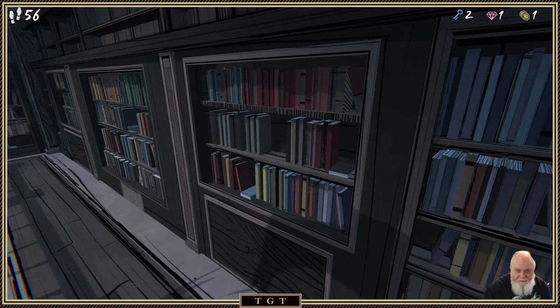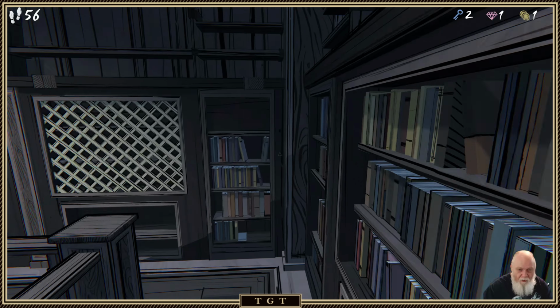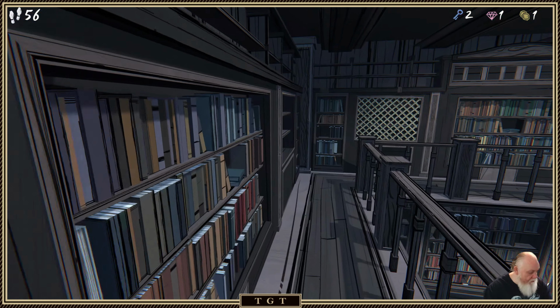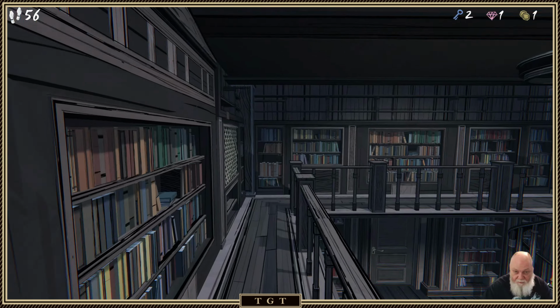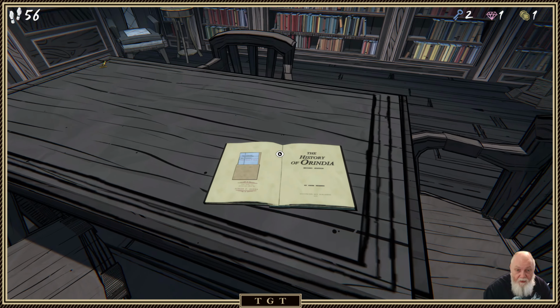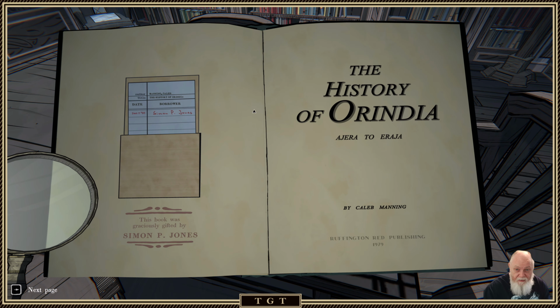Oh, sorry, I don't need to examine that. All I came up here to do was, again, make sure there's no extra key, extra gem, extra coins, extra chest up here. There never is anything up here other than these, you know, statistics books, right? But I always check, just say, you know, better safe than sorry. Okay, so this is History of Arindia, first edition. We've got a magnifying glass, which is cool. Right, so there's nothing to be revealed here, but what I'm going to start doing is